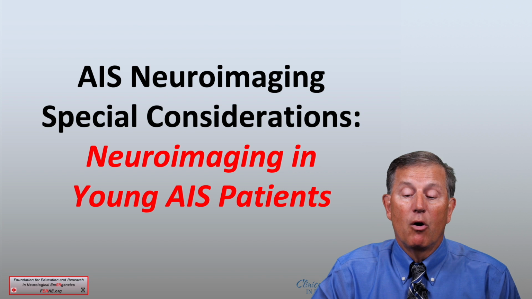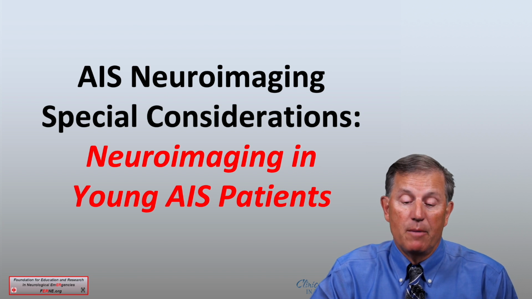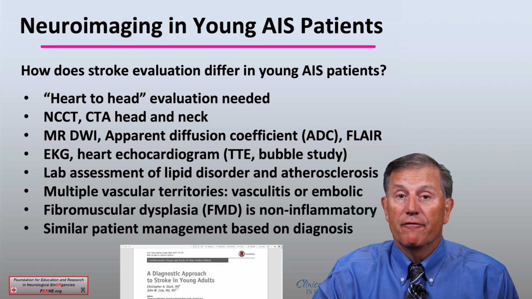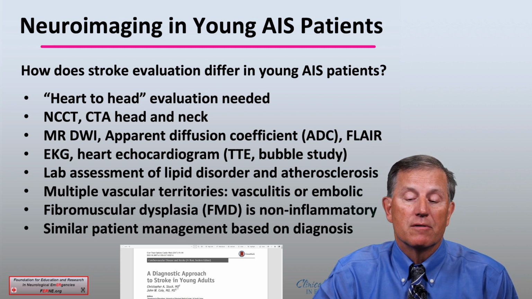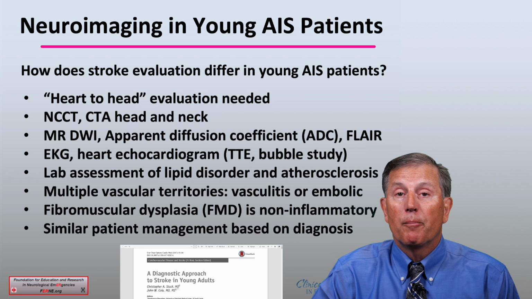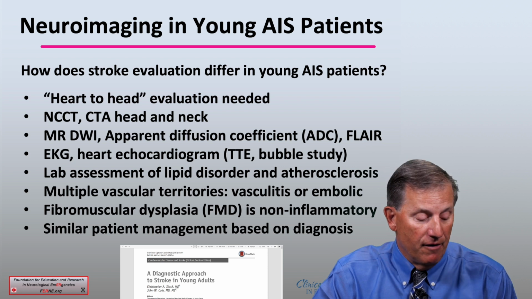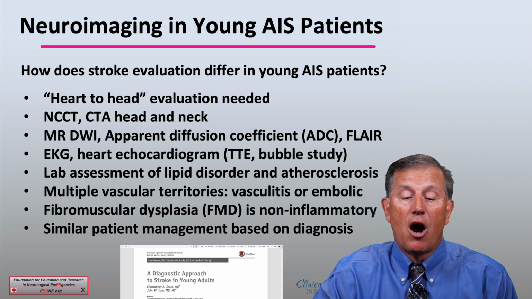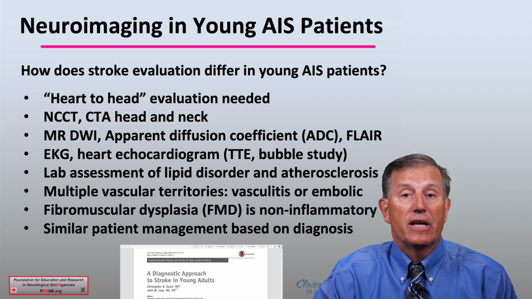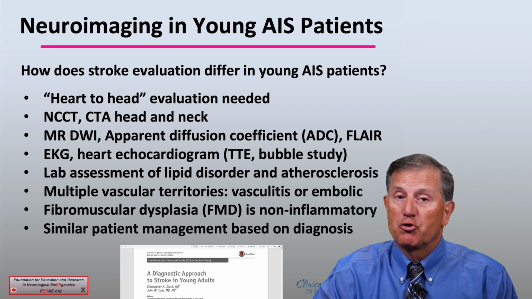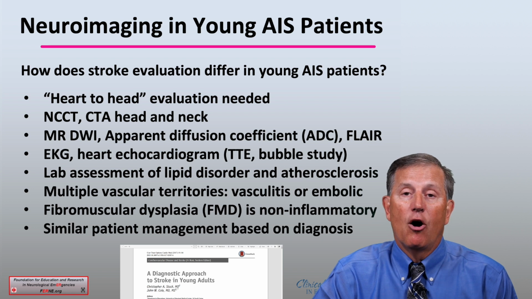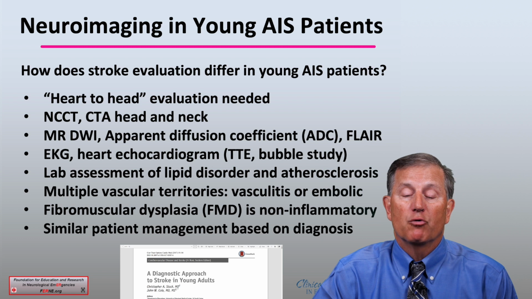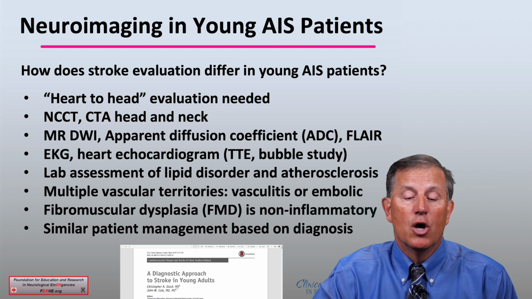So what about neuroimaging in young acute ischemic stroke patients? How does stroke evaluation differ in young AIS patients? Well, in younger patients, you need a heart-to-head evaluation. You need to go all the way from the brain to the neck to the heart to determine a possible etiology for stroke, because stroke is not common and is not often related to an abnormality in the cranial cerebral vascular vessels. So you need a